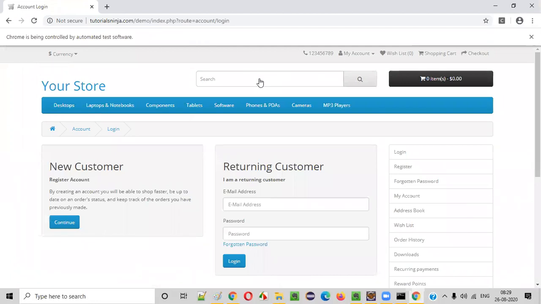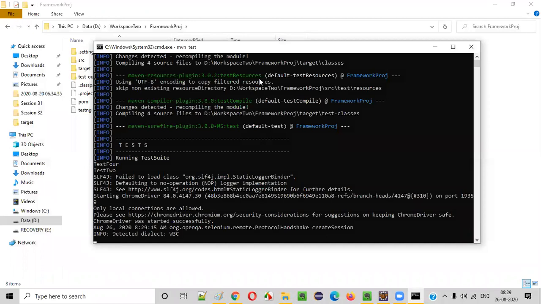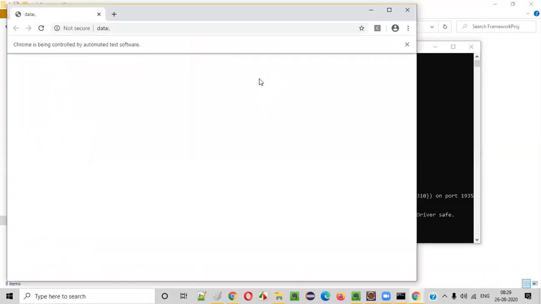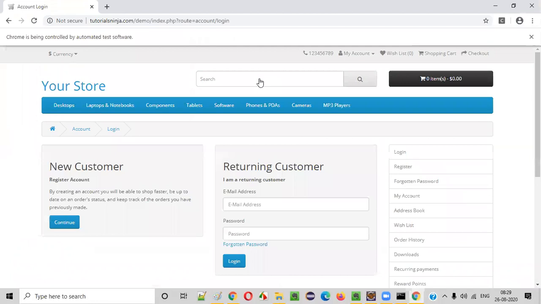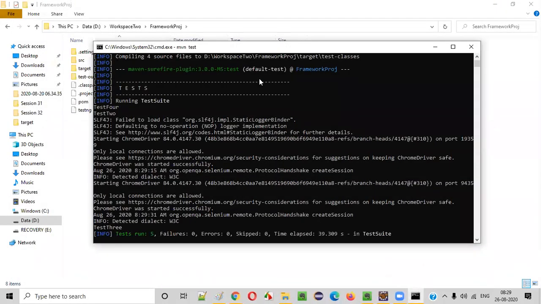So this is how we can integrate Maven into the framework, in a proper way. By adding the Maven Surefire plugin, we can get this done. So guys, let's wait for all these tests to be run properly. Guys, this framework is very important. If you were able to automate this scenario and understand whatever I'm explaining as part of this framework, then you can treat yourself as very good. Okay, you can become more confident, guys.